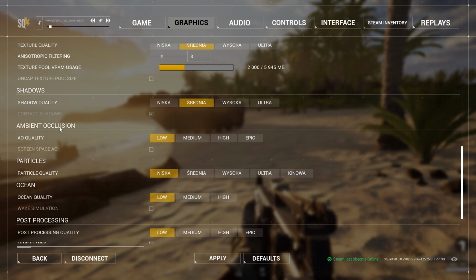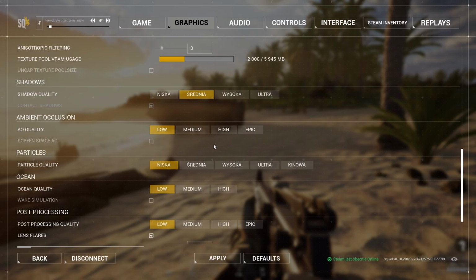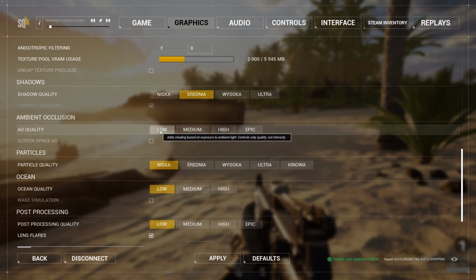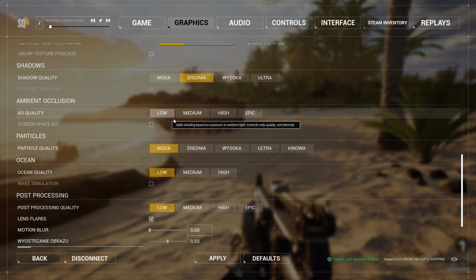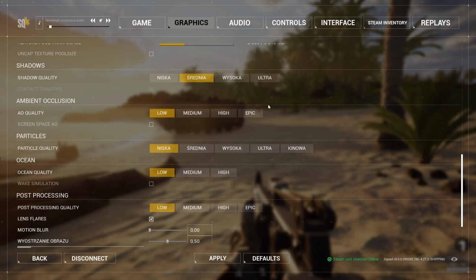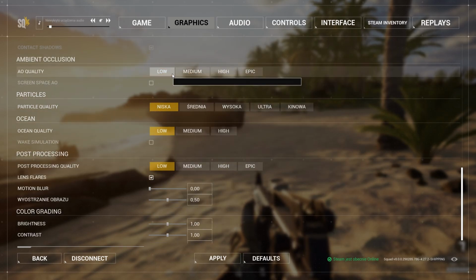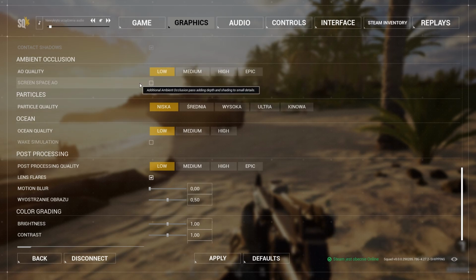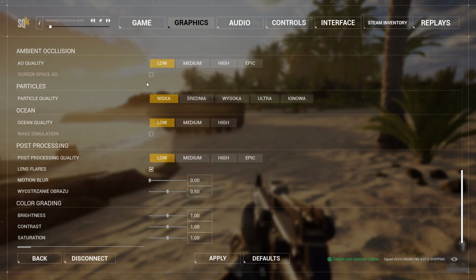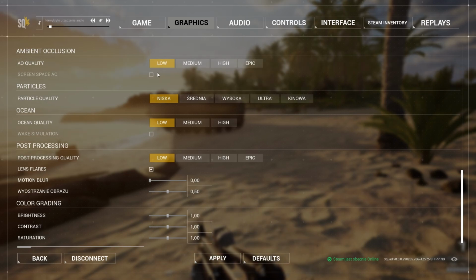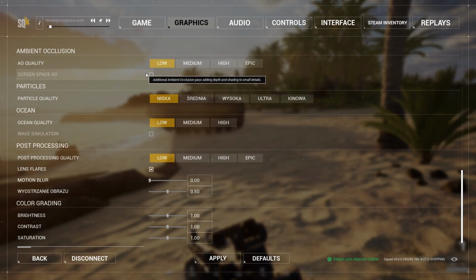Okay, next setting is ambient occlusion. I wanted to do a comparison here, but it basically changes the brightness of shadows in some areas. Make sure you set it to low. There's literally almost no difference, and in some scenarios you can lose a few FPS, but that's not a big difference. So just set it on low. Screen space AO, I did not test it out, just keep it off. You might play with that setting honestly if you want to figure out how it works, but I don't see any difference with this, so yep.